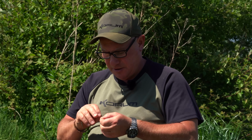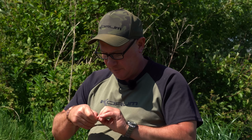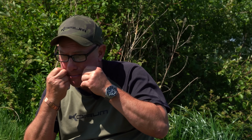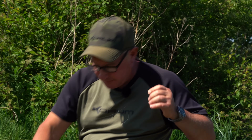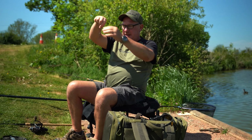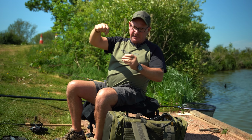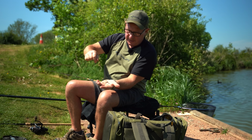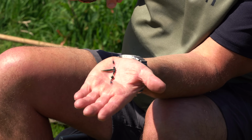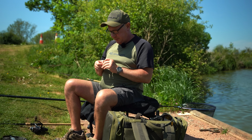Don't worry about the knot. I'm just using a 5-turn grinner. Pretty standard knot. Straight down onto that. So that is in essence all we need to do. I like to have the heli kit down towards the clip. So when I come to put the feeder on,